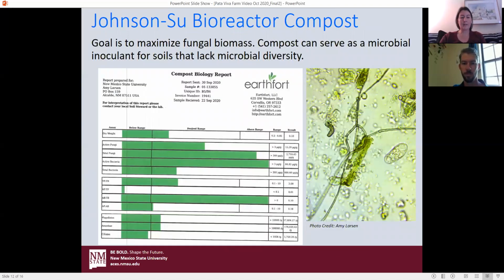So here's an example of a compost sample, a Johnson-Su bioreactor compost sample that we took to the lab to measure the soil microbial biomass. And as you can see here, they're measuring fungi, they're measuring bacteria, they're measuring protozoa, including flagellates and amoebae. And all of these numbers are either within the desired range or above, which is very promising and hopeful